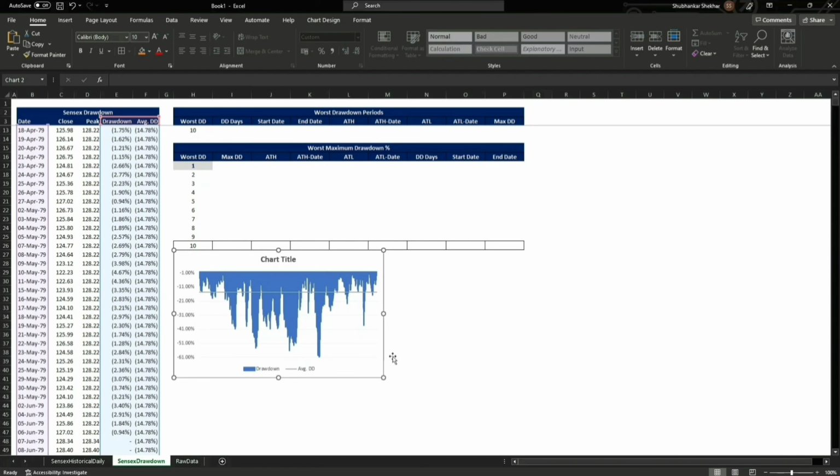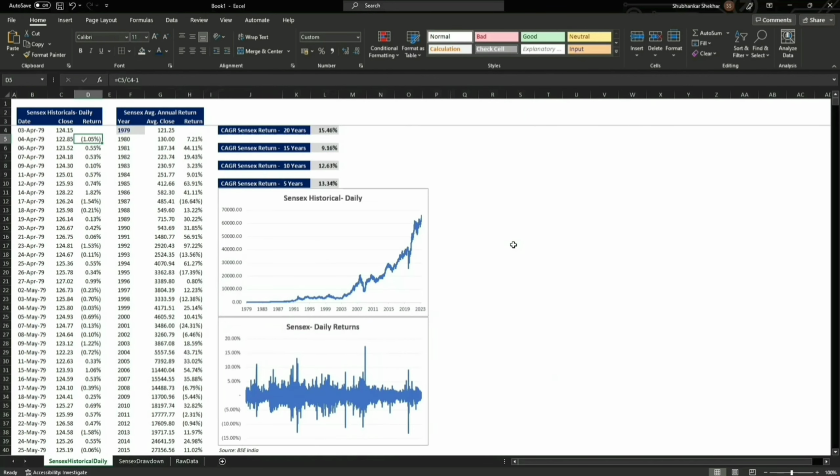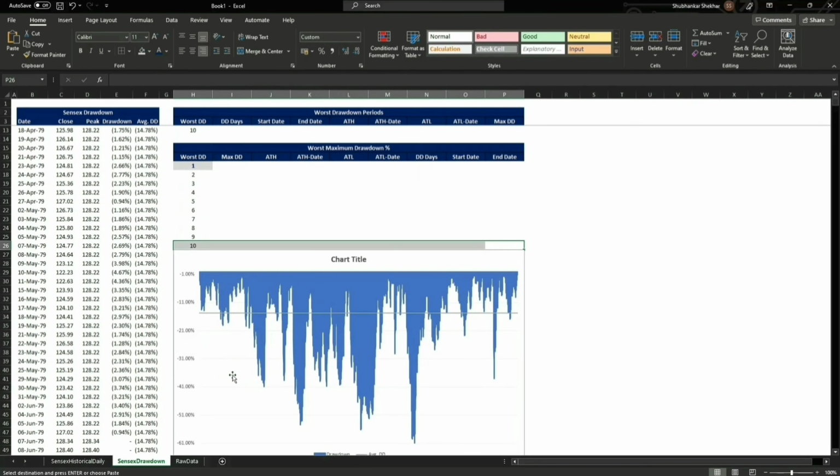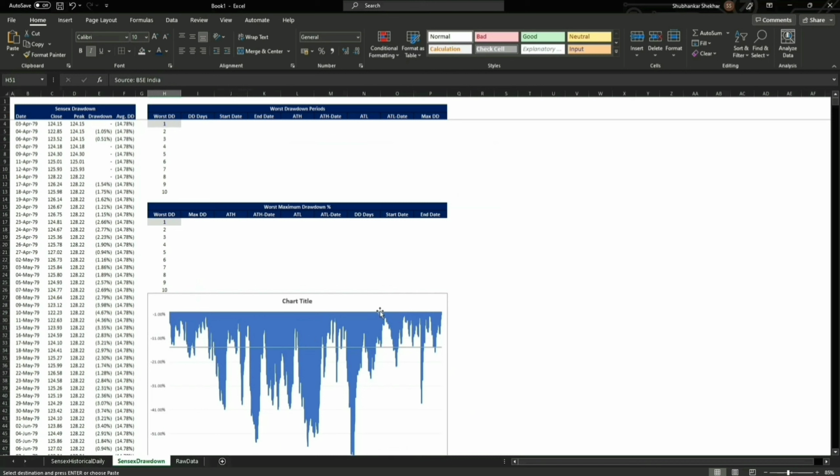And now while pressing the shift button, I'll try to align it to the best. Okay, right, and we'll go back here and copy this from, just simply put it here, right? And this we are going to rename as SENSEX drawdown, right?